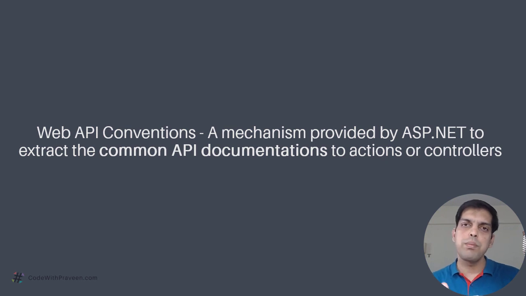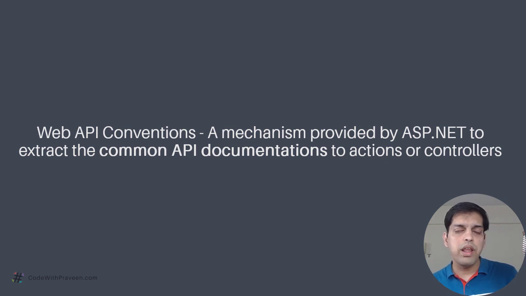Let's say when you are developing the various controllers including action methods, you might be looking at them and then realize that most of them are quite similar. When you look at your controllers and the actions implemented within them, you will realize that they are mostly using the action verbs, namely post, put, get and delete. These are the four common types. Even if you are going to have multiple controllers and multiple action methods defined in them, most likely they are going to fall under these four categories.